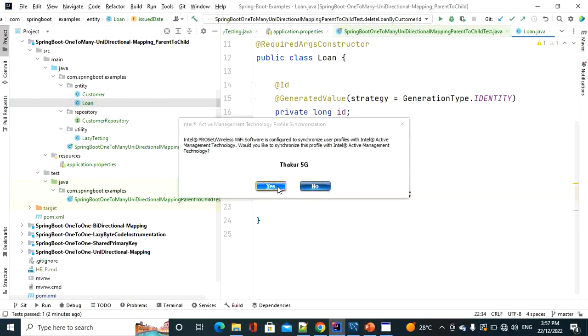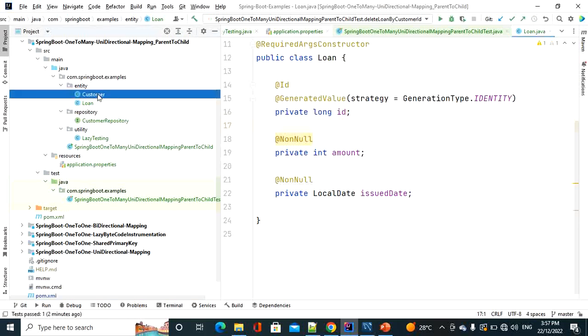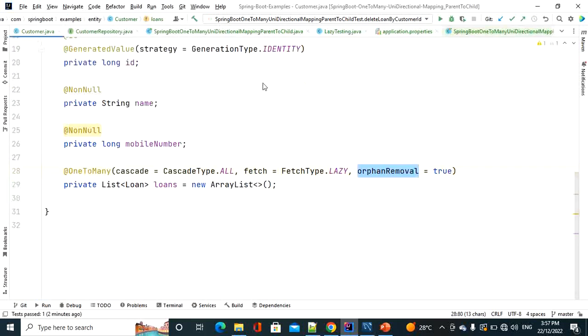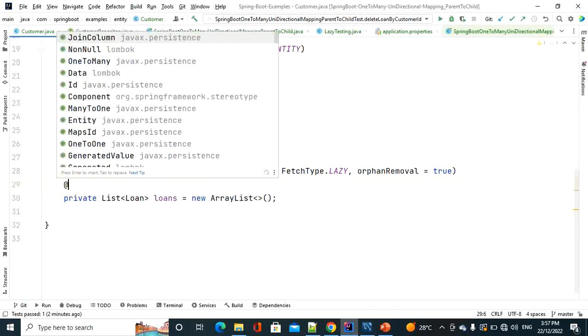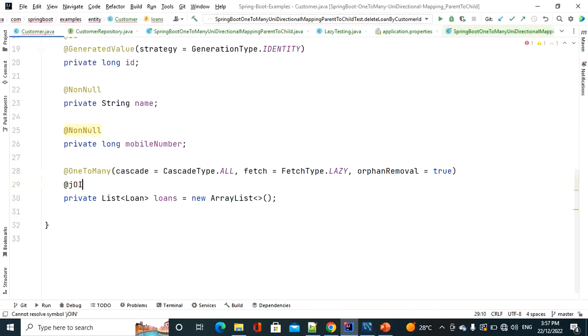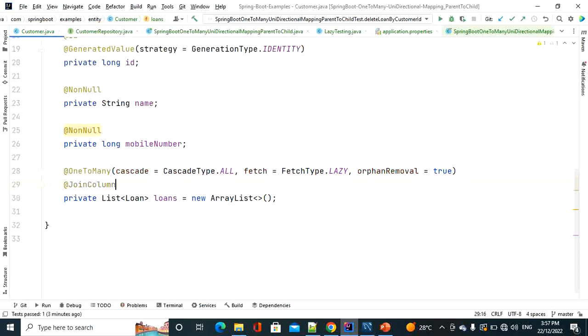Let's see that one. For that, what we need to do is come here. We need to add one more annotation, that is @JoinColumn, name equal to,